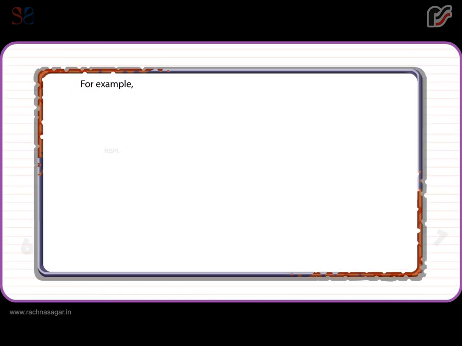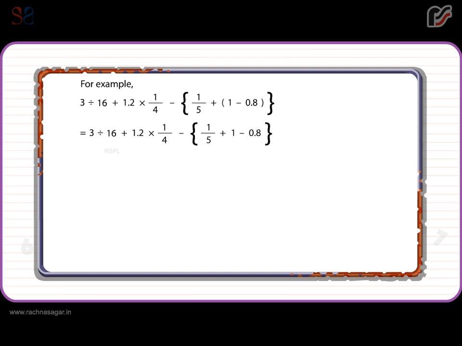For example, 3 divided by 16 plus 1.2 multiplied by 1 by 4 minus {1 by 5 plus (1 minus 0.8)} is equal to 3 divided by 16 plus 1.2 multiplied by 1 by 4 minus {1 by 5 plus 1 minus 0.8}